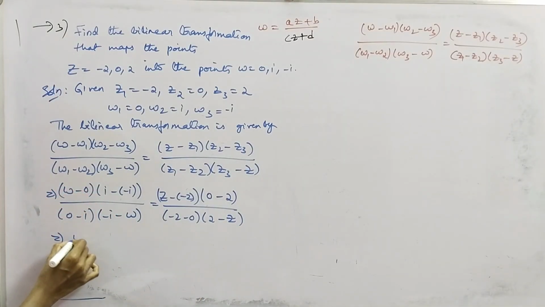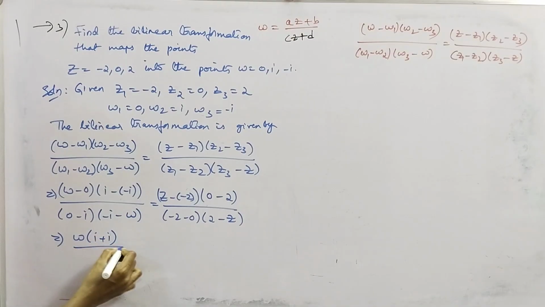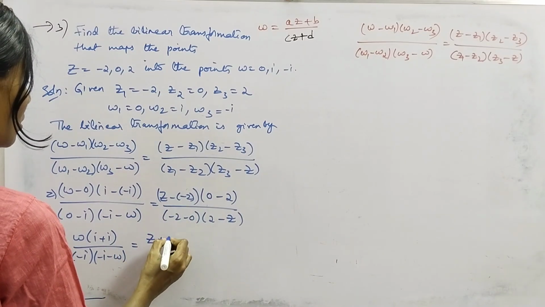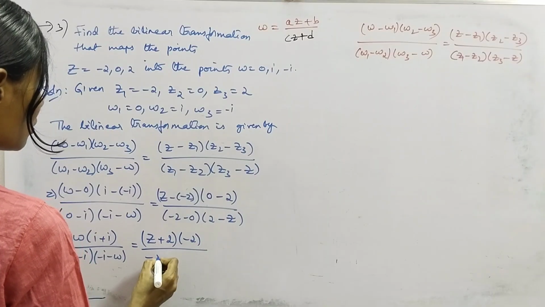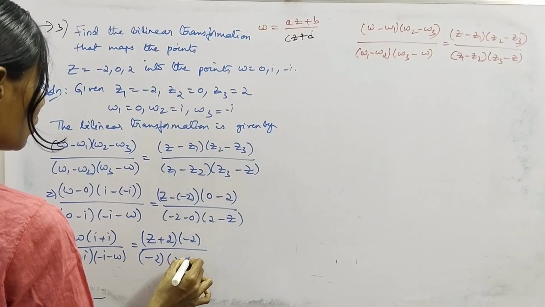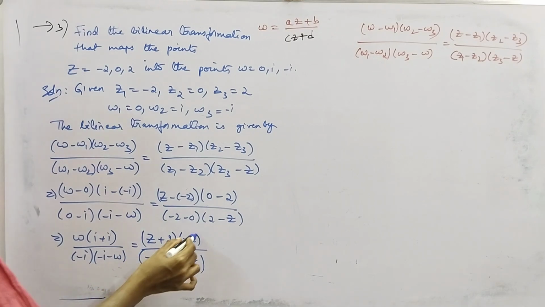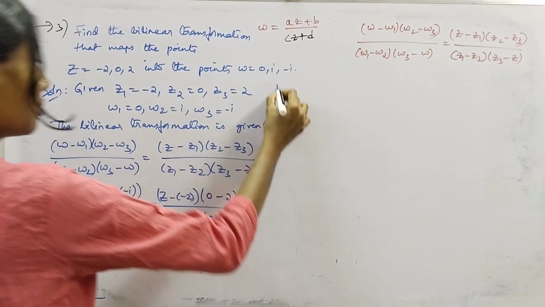This gives us omega into (i plus i) by minus i into (minus i minus omega) equal to (z plus 2) into (0 minus 2) by minus 2 into (2 minus z), right? You can cancel minus 2, and this gives us